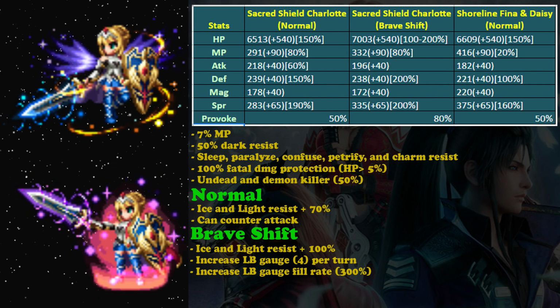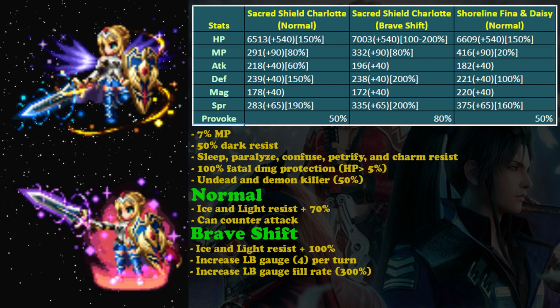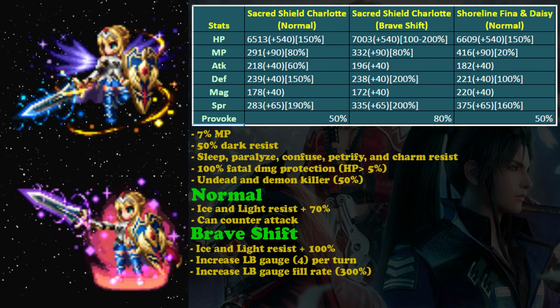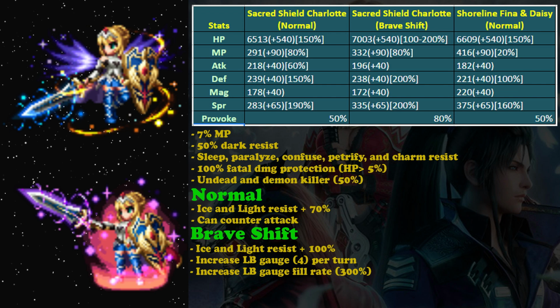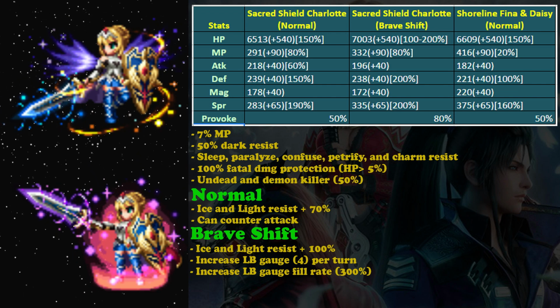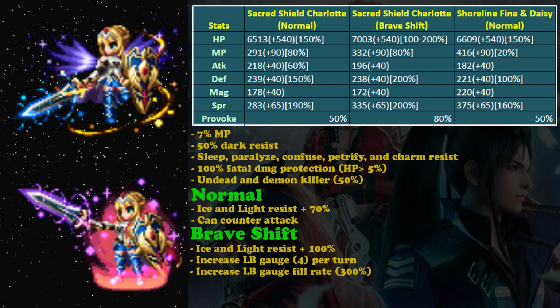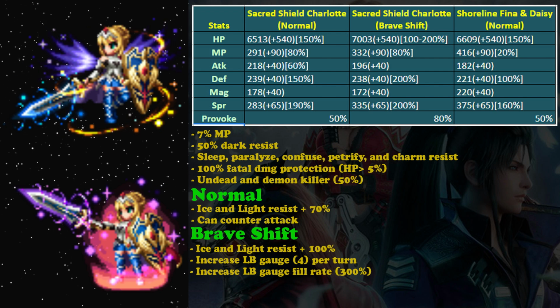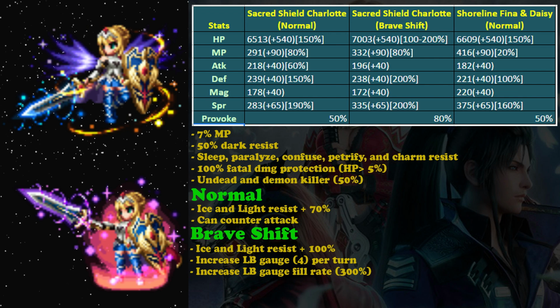You can easily make her into a provoker. Too bad that her Brave Shift only lasts for 2 turns, so I don't think this will be that helpful. But other than that, I can say her stats are definitely good. And like your tank, she has that 100% fatal damage protection, which is pretty good for a tank, and useless undead and demon killer